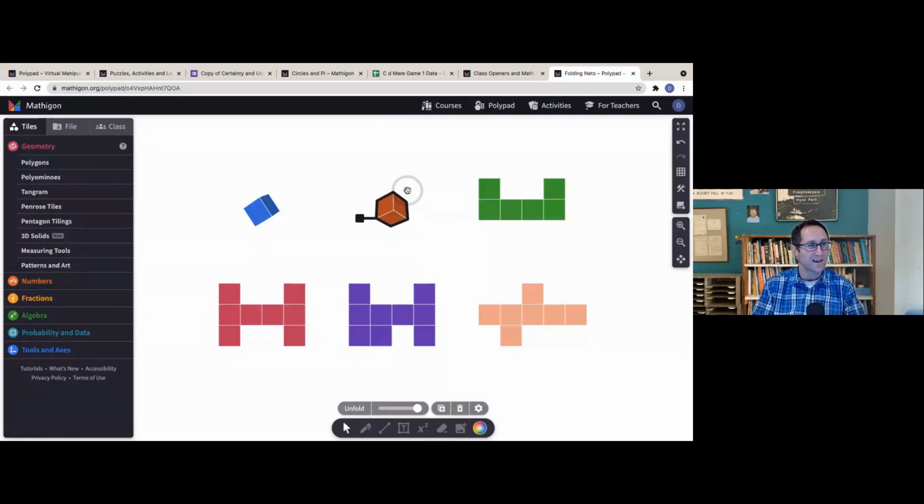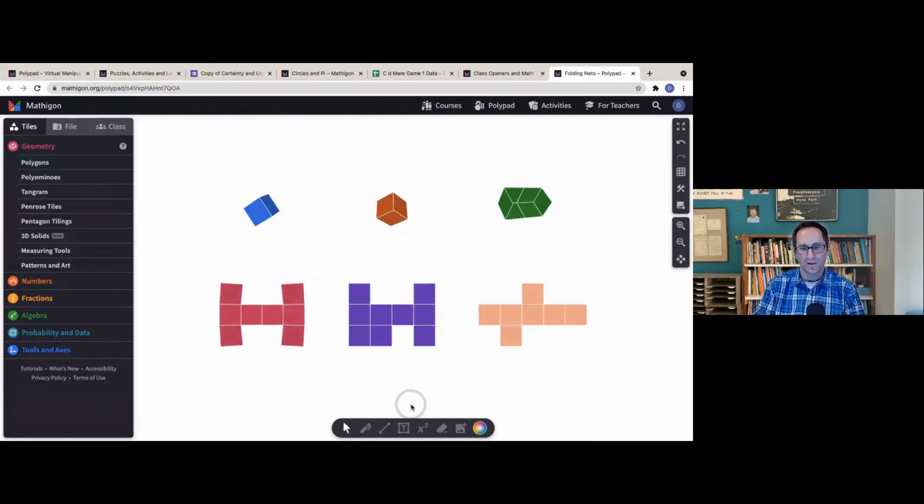And just a great task for students: go find all the ways to make a cube, and just let them build with the squares and do it. It is a really fun task for students. Can they find all the ones that make a cube? The green one, here's the green one. It is like an open box, but those connect and there's no overlapping going on in the algorithm as to how those come together.